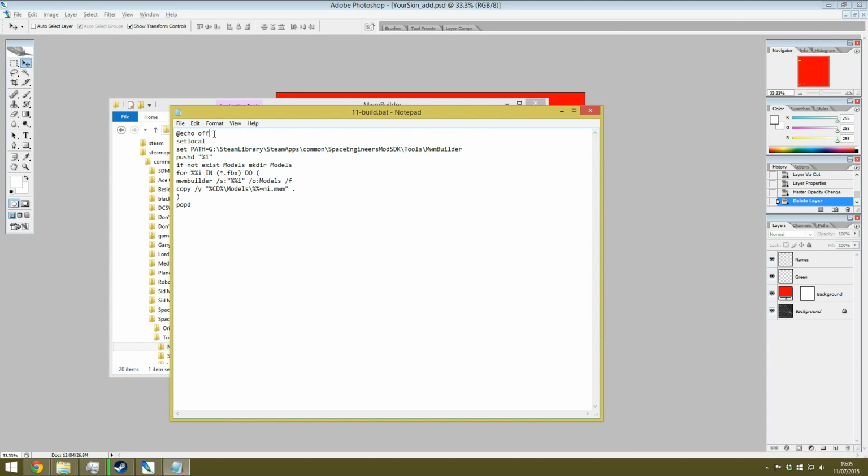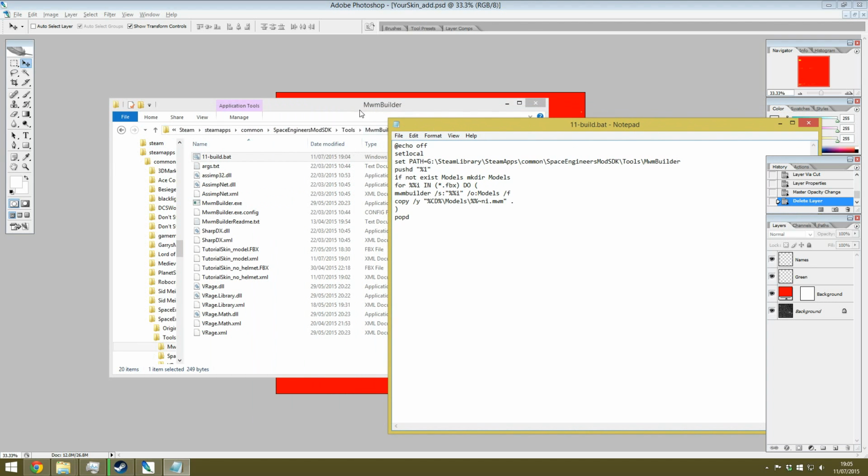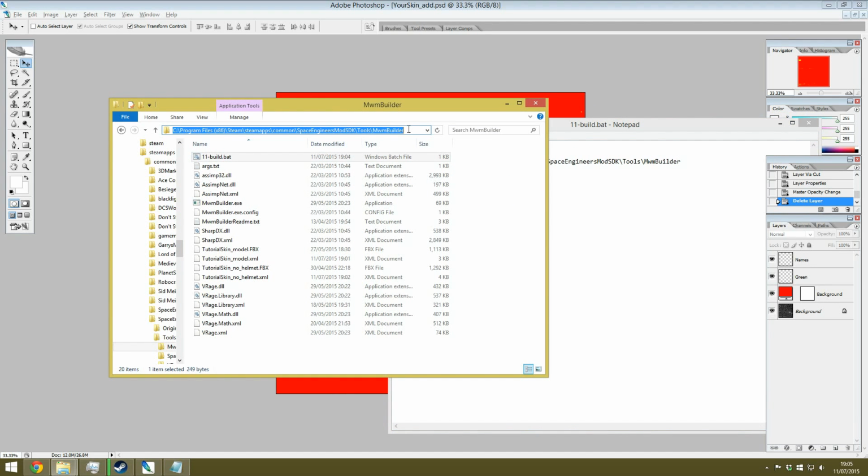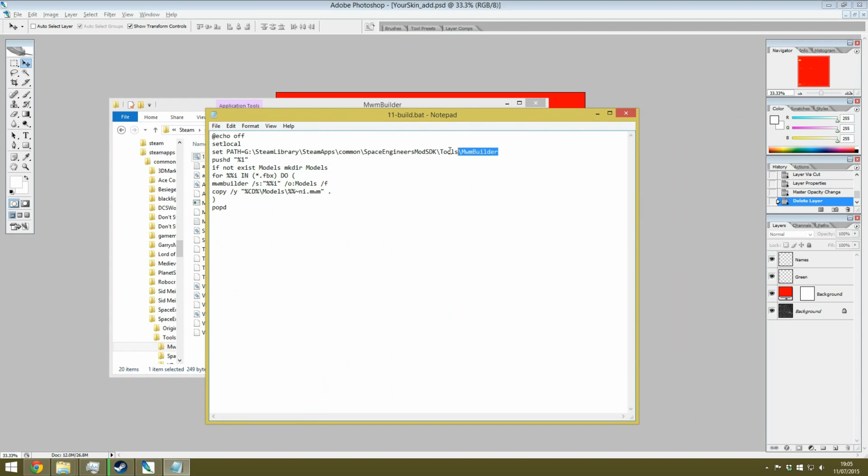So echo off stops it from saying stuff, it checks it's in programming language, so to speak. Okay, setlocal, I can't really explain all of this, but what it does, it sets a path, it sets the path to your MwmBuilder. Now this is wrong, so I'm going to change that. It'll probably be wrong for you too. So just copy here, make sure it ends in MwmBuilder, Tools, MwmBuilder,